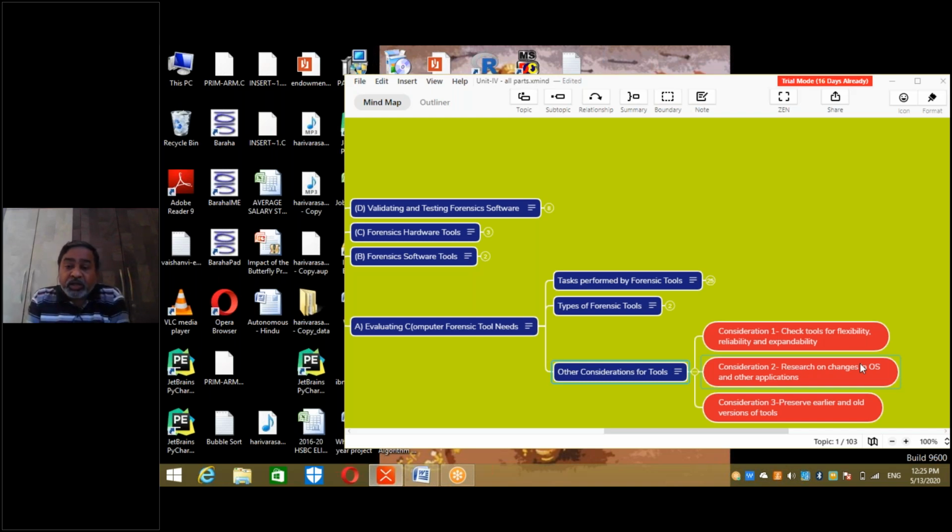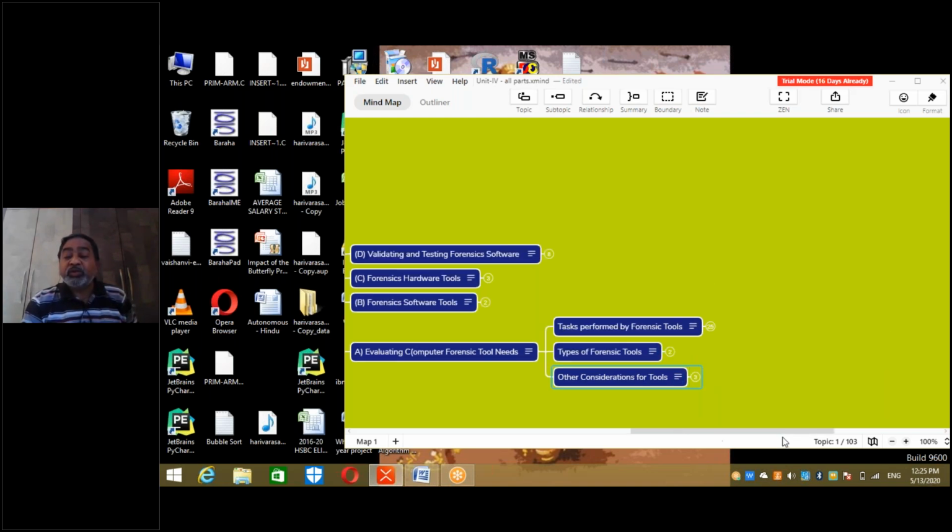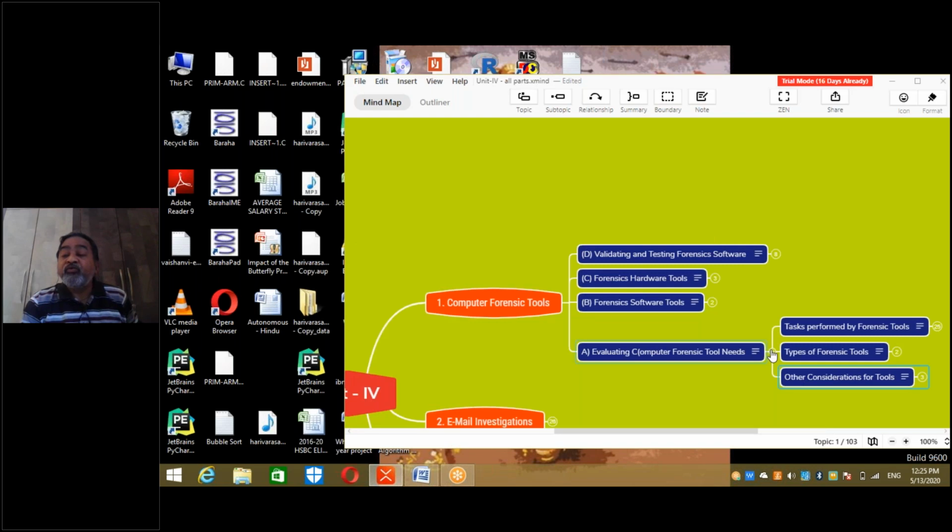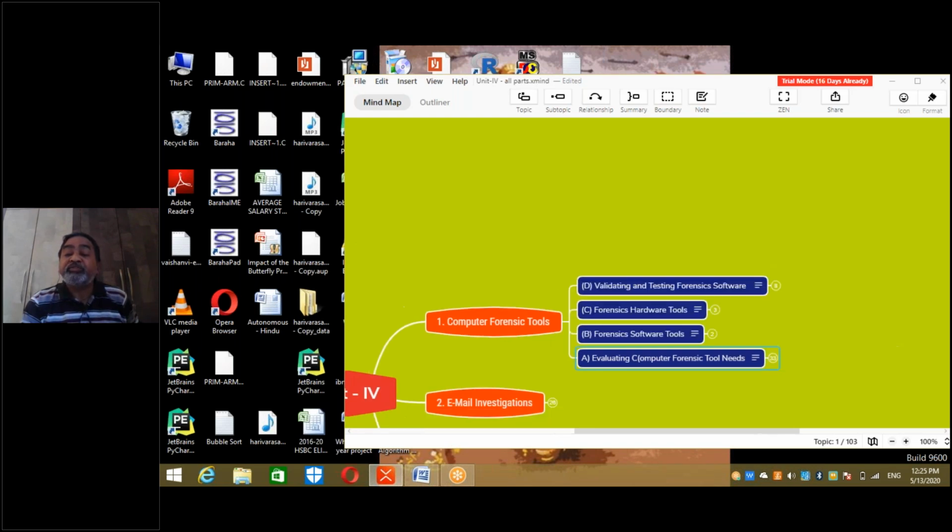Like someone has currency collection, someone has stamp collection, someone has postcard collection, someone has songs collection. Your hobby as an investigator should be collection of older versions of software and preserving them because they are needed at some point of time. So these are the considerations. That's about tools, right? Of the 19 questions, we have now completed answering 5 questions that have come on this topic.